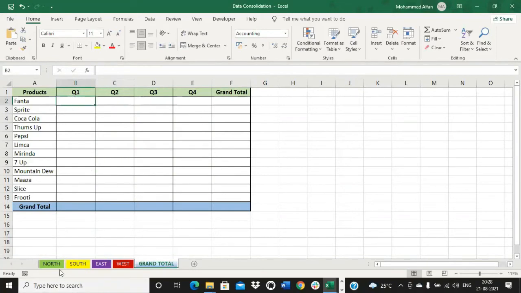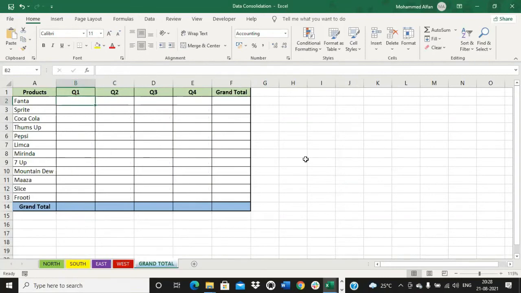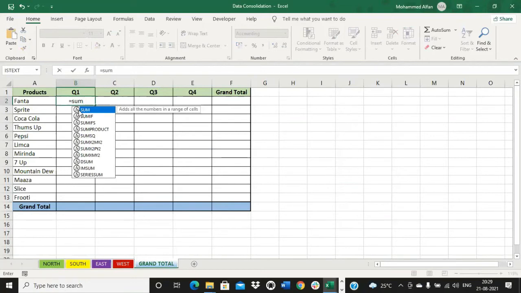So what we usually do is get a calculator and manually type it and put it here. No need for that. Within seconds, you can get the result. So where you want to see the result in that sheet, you just open it, and after that, type equal to and SUM, open bracket. After that, move to the very first sheet from where you want to pick up the data, and